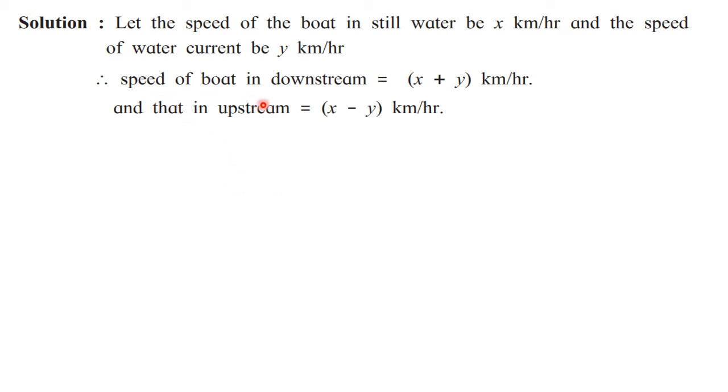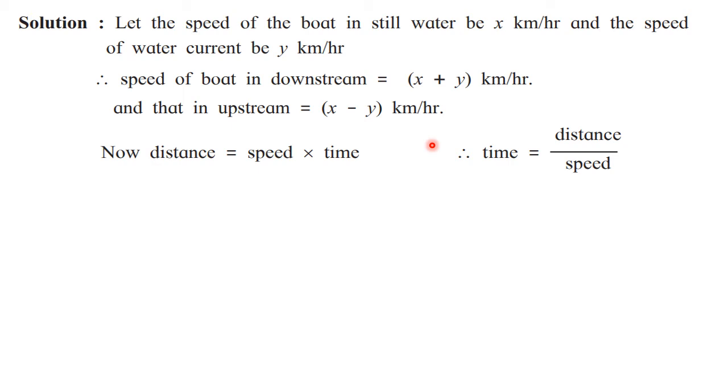So the speed of the boat downstream is x plus y kilometers per hour and upstream is x minus y kilometers per hour. Now see in your textbook and see the first condition there. According to the first condition, the time is given there. That is why we have to write down the formula for time. All of you know that distance is equal to speed into time, and therefore time is equal to distance upon speed. If you read the statement carefully, you will find that the distances are given and time is given, and speed we have already found out here. So we have all three things now: time, distance, and speed.